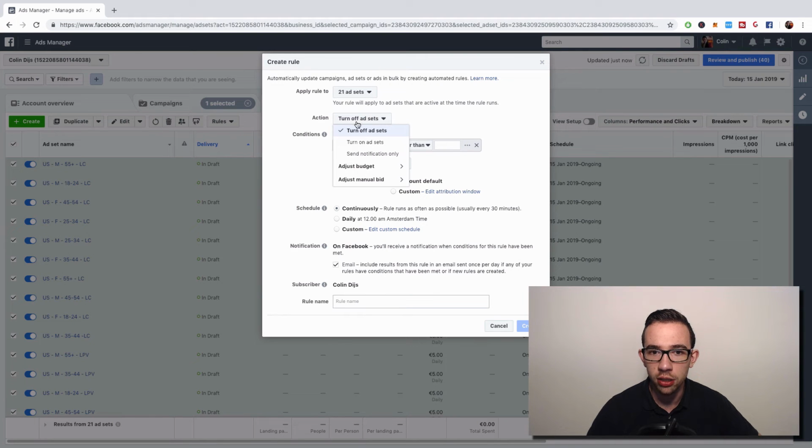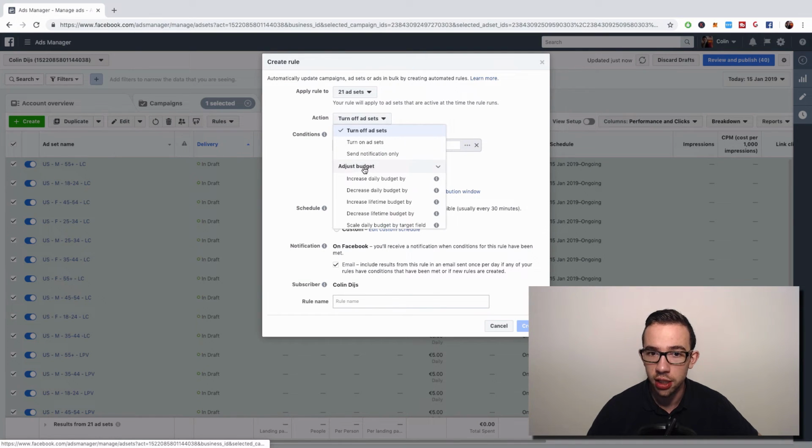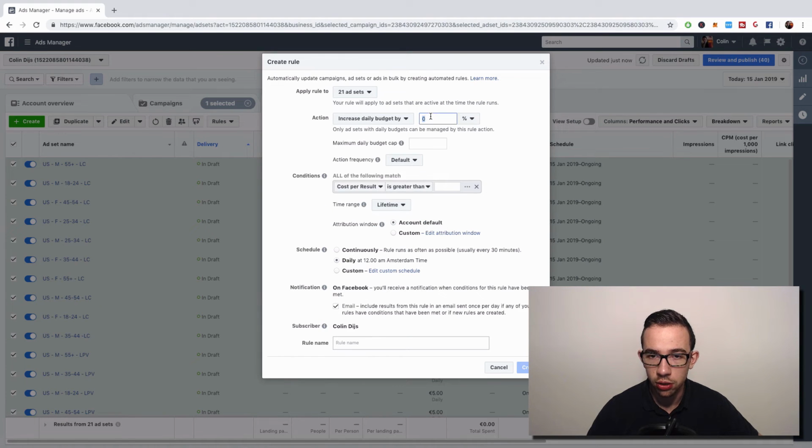Action. We want the action to be adjust the budget, increase daily budget by, that's what we're going to do, 10%. Not more than 20%. Only ad sets with daily budgets can be managed by this rule. Yeah, that's fine. Maximum daily cap, that doesn't matter. Account frequency once a day, should be